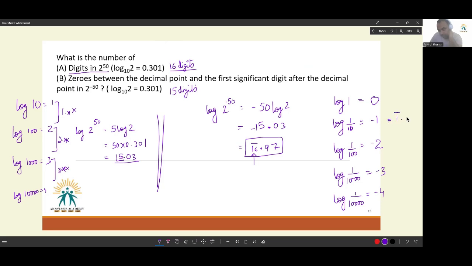Is 1 bar 0.0000. This will get represented as 2 bar 0.0000. This will get represented as 3 bar 0.0000. Here it will be 4 bar 0.0000. So now every number from 1 by 10 to 1 by 100 will be 1 bar point something something. Here it will be 2 bar point something something, 3 bar point something something, 4 bar point something something, so